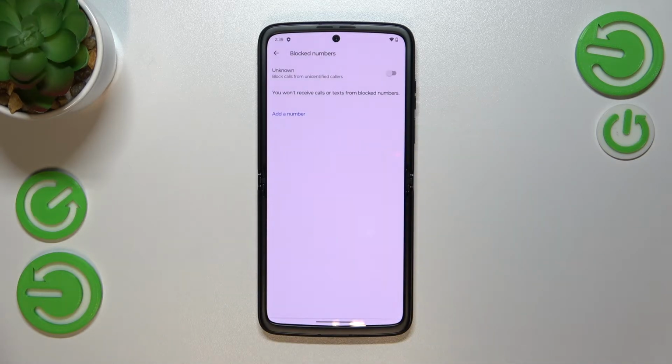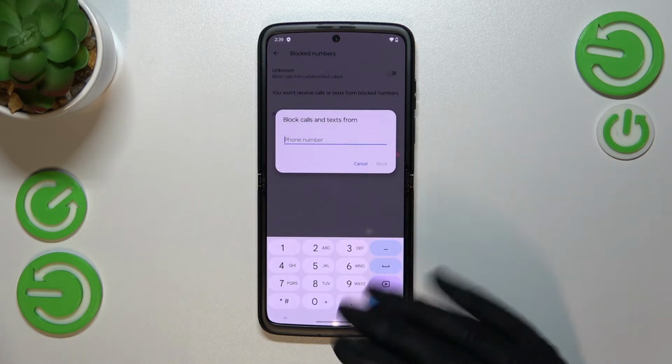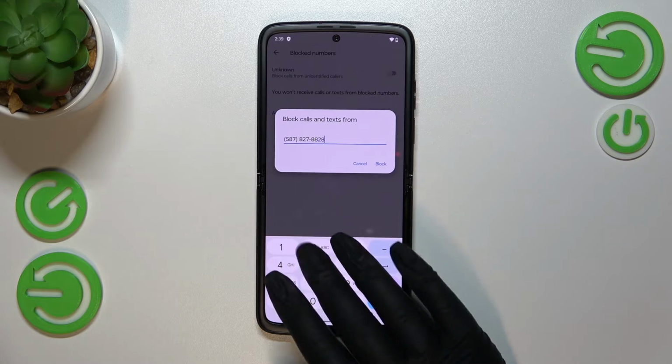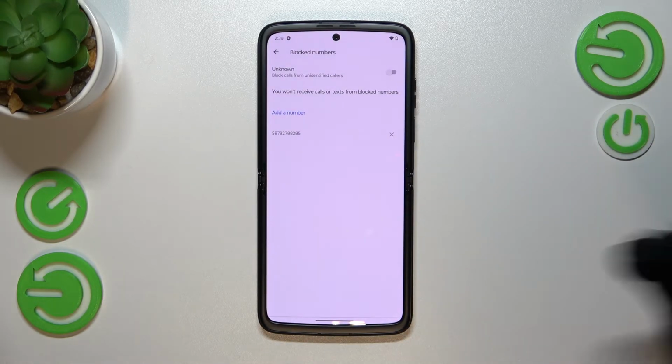And here we've got our blacklist, which is of course right now empty, but we can change it. So basically all you have to do is to simply tap on add a number. And here we've got the section in which we can enter the number. So just do it and tap on block. And that's quite easy. As you can see, it immediately appears on the blacklist,